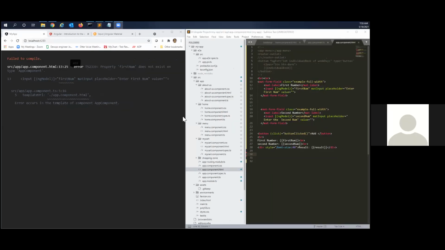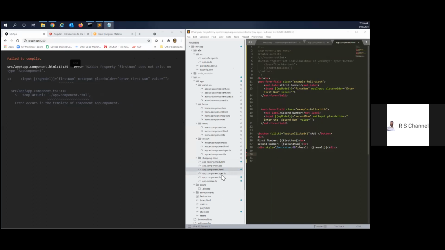Yeah, let me share my screen. What it is telling: property first num does not exist on the app, which means first num is not there in the TS. It is there in HTML.